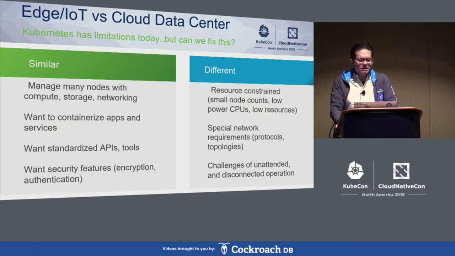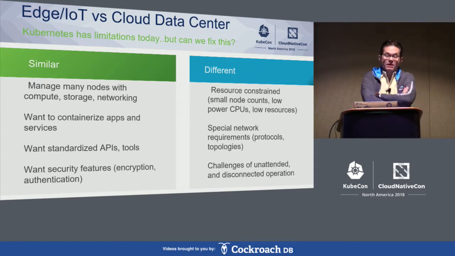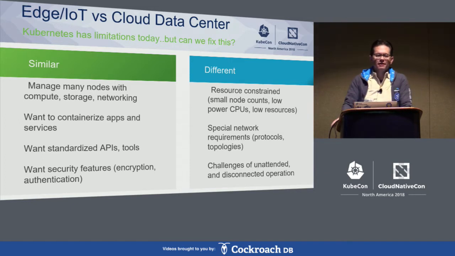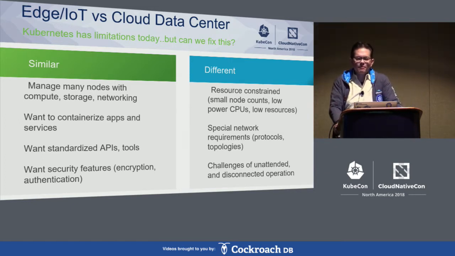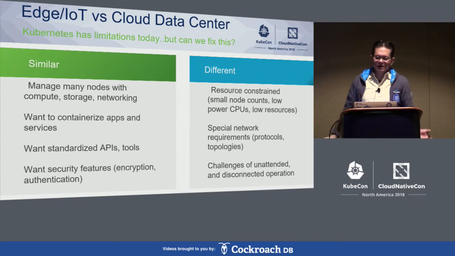That said, there are some differences between what Kubernetes has been, the environments it has been used in, and what you'd want to expect out of an Edge or IoT deployment. The differences are that many of these Edge IoT deployments are very resource constrained. You don't have this expansibility like you have in a public cloud where you can pretend that you could scale up to meet peak demands. At some point, if you're going Edge or IoT, there are physical space limitations, maybe money, environmental limitations that are going to put hard limits on this.